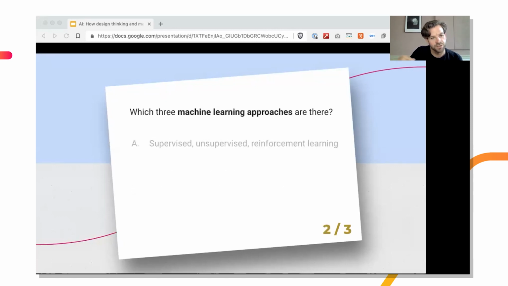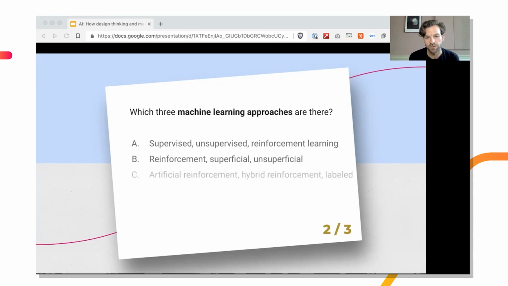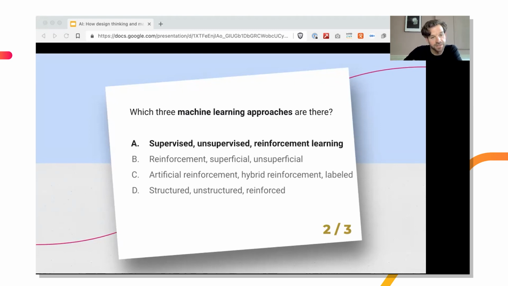Second one, which three machine learning approaches are there? A, B, C, or D? Can I have your answers, please? For question 2, I see A, D, more A's. So a lot of A's, so the wisdom of the crowd again is right: supervised, unsupervised, and reinforcement